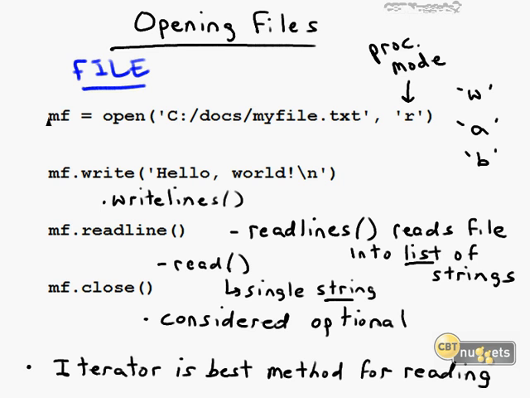It's a pretty straightforward process to create an instance of a file data type. Here's what you do. You want to create a name to capture the file. I have mf, which stands for my file, and the function to remember here, friends, is open. When you're working with files in Python, you're going to be working with this function all the time. You don't have to import any other modules. It's baked right into Python.